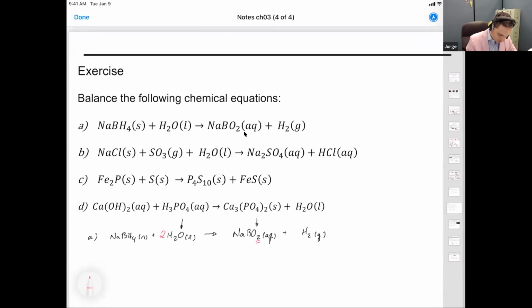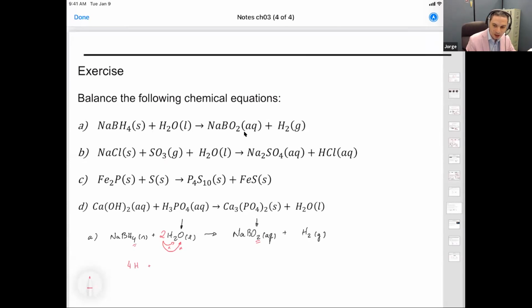So this number in front of the compound is always going to multiply the indexes. Now, let's count the number of hydrogens before the arrow. Okay, so now we have to factor everybody that has hydrogen before the arrow. So let's start with the first compound. We have 4 hydrogens. The second compound, we have 2